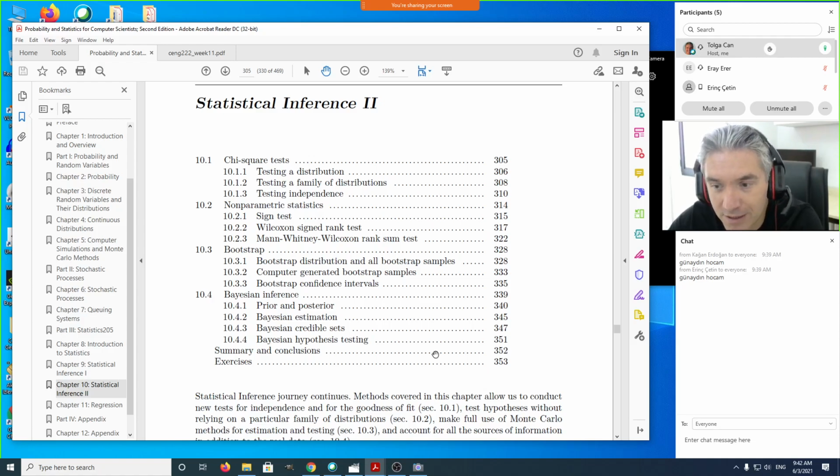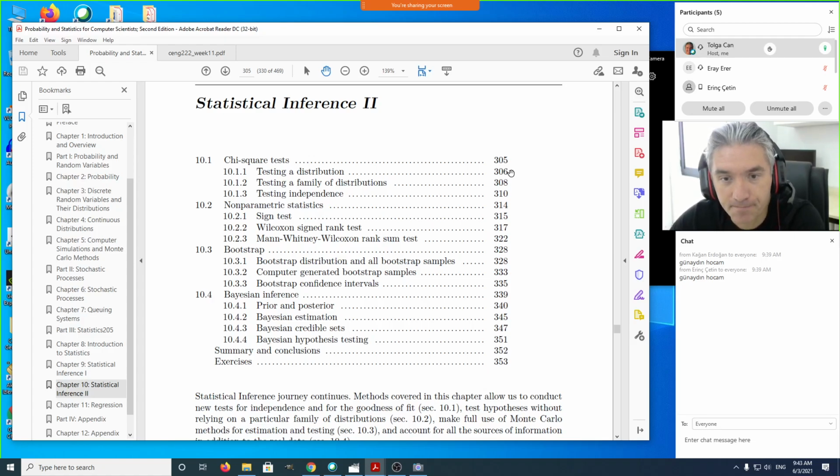So we can test, for example, whether a sample is coming from a normal distribution with mean, for example, 50 and standard deviation 2. So that's the specific distribution part. So that's 10.1.1. If you look at the table of contents of this chapter, testing a distribution is talking about the specific distribution where we're testing against a distribution with known parameters,